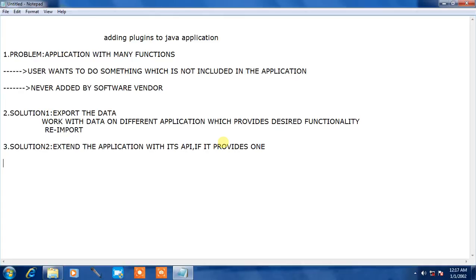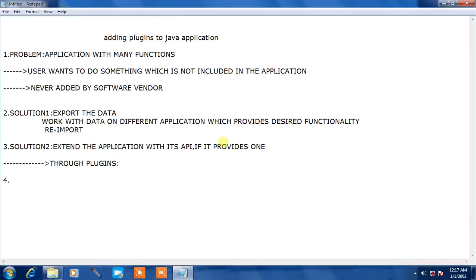To go with this solution, one of the ways of doing it is through plugins. That is, through plugins we can implement solution number 2. Let us see how we implement solution number 2.